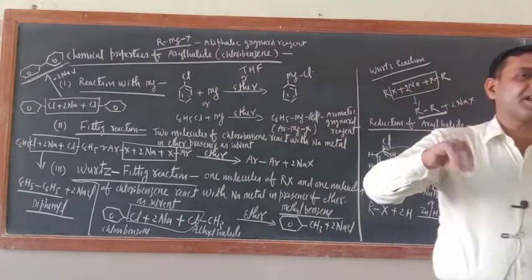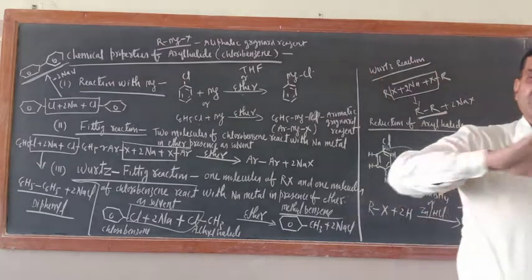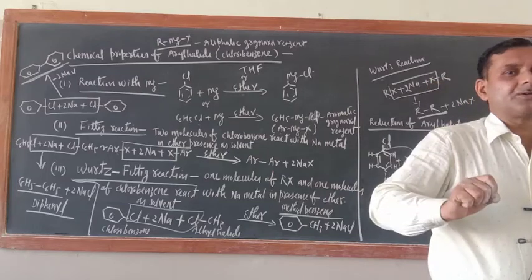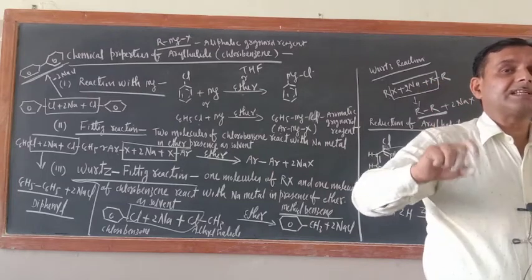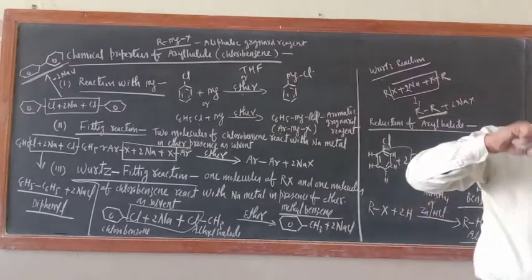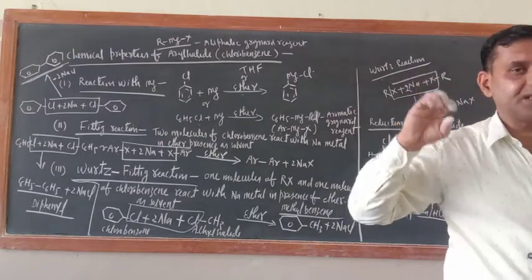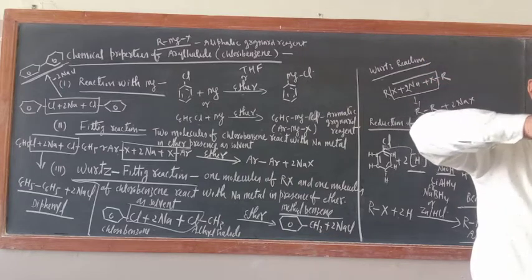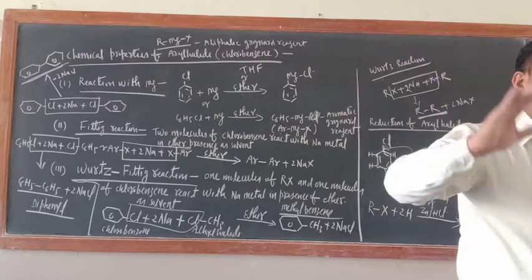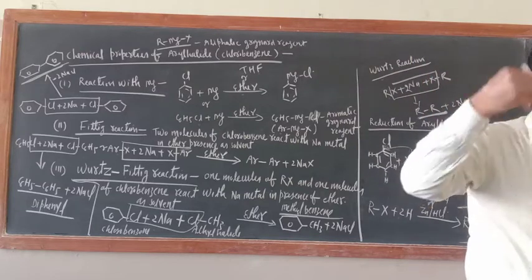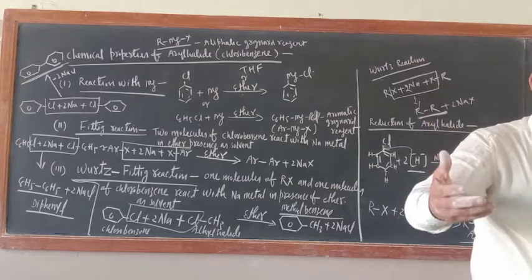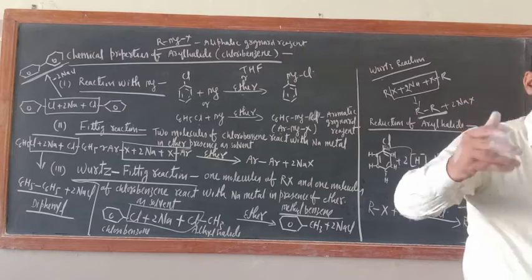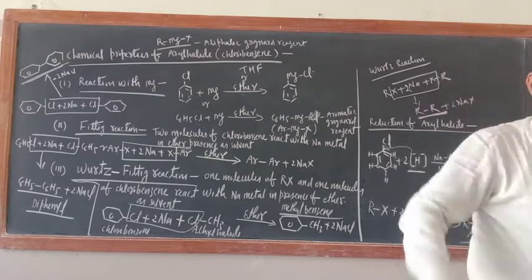Okay, then only the rate will be satisfactory, otherwise you will not get a better yield. But electrophilic substitution reaction takes place very easily in chlorobenzene. Why does electrophilic substitution reaction take place in chlorobenzene easily? Because inside the benzene ring 6 pi electrons are delocalized, and an electrophile always attacks those centers where electron density is more. So electrophilic substitution reaction will take place in chlorobenzene easily as compared to nucleophilic substitution reaction.